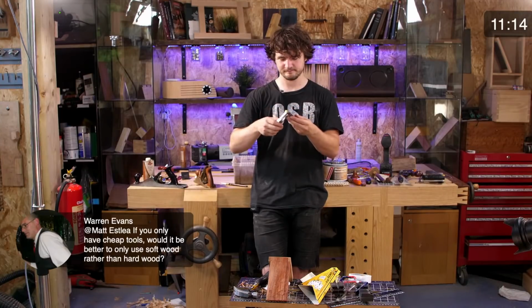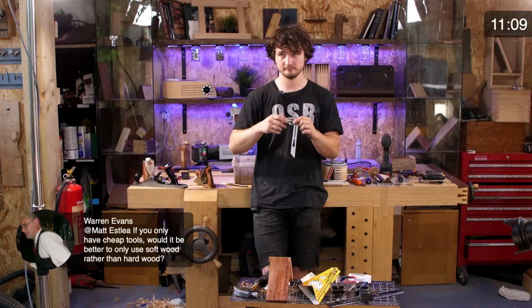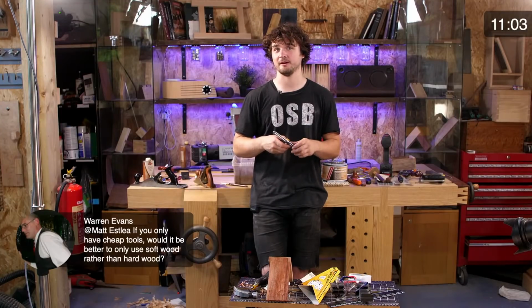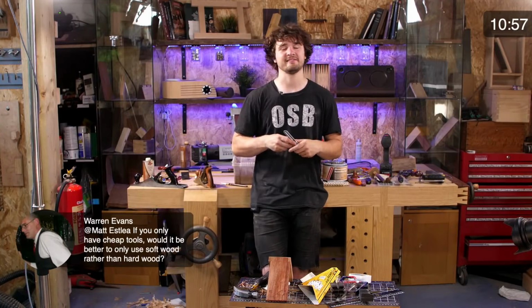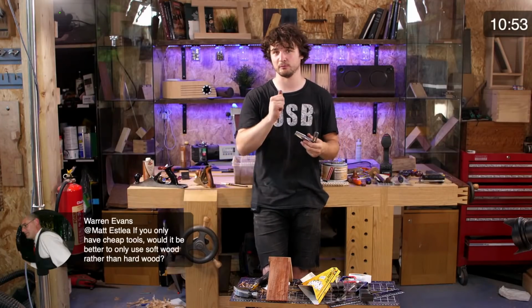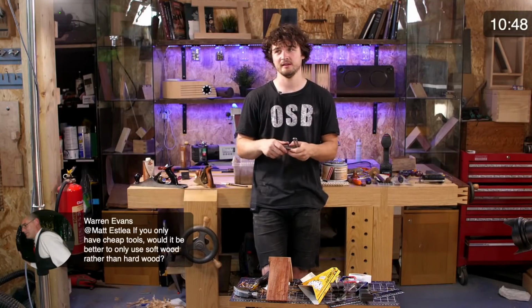Warren Evans asks, if you only have cheap tools, would it be better to only use softwood rather than hardwood? My experience with the picnic bench that I'm currently making, I genuinely think softwood is harder to work with. Genuinely. Yes, it's easy to push a plane through. Like, it's softwood, a plane will cut through it really nicely. And yes, you can get away with those deeper cuts. But